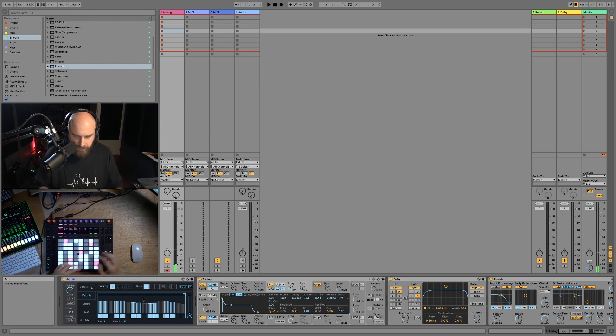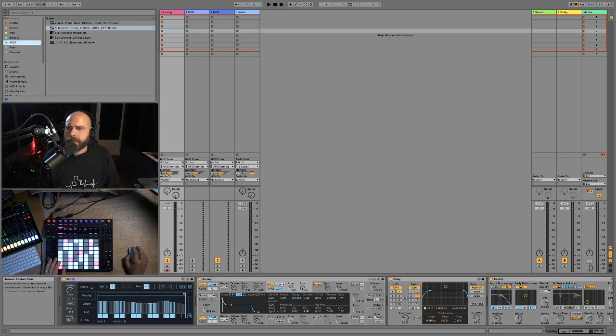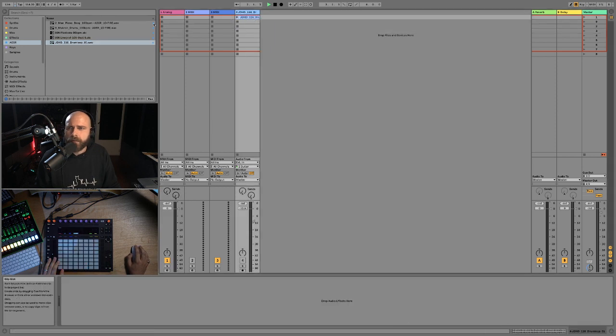Is really, really nice. So we've got this kind of steppy, syncopated kind of feel, and then we can also bring up the swing amount. Awesome. I'm going to get some drums in here too, just to give it a bit of context, because we're starting to lose the actual rhythm here. It's a nice loop out of the ADSR Deep House pack. What's it called? Just Deep House, I think it's called. Let's have a play of this.